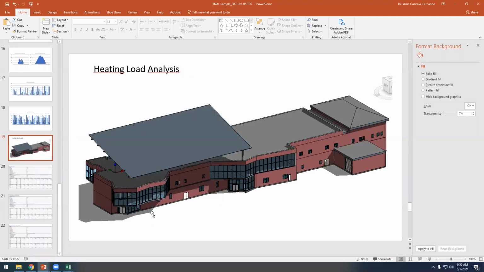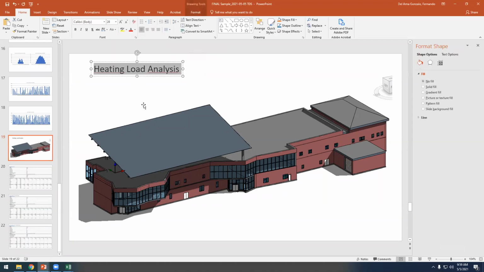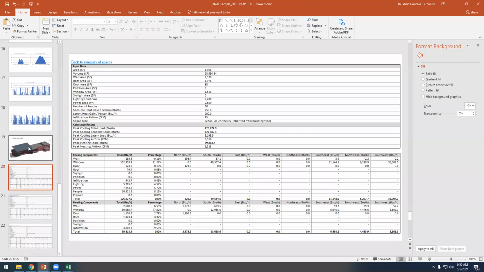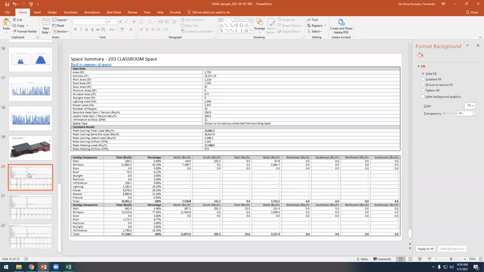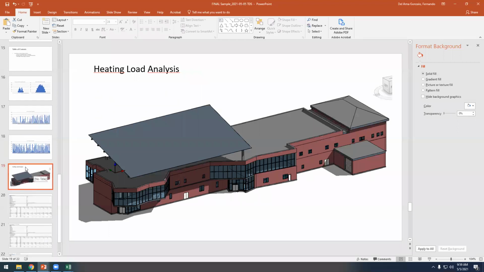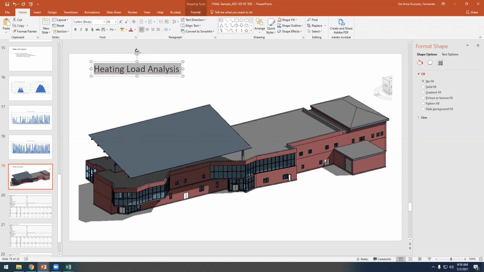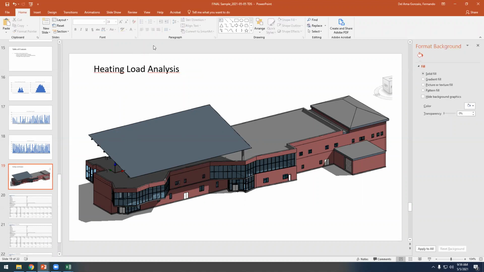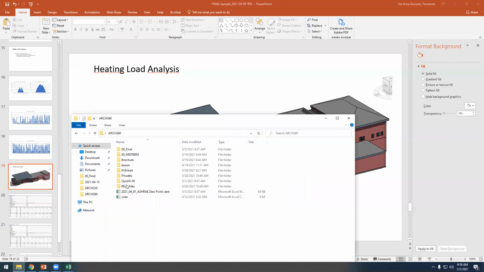And finally, this is what we did on Monday. So on Monday, you have to analyze heating and cooling loads. And then you have to do this with Revit, and then you have to analyze the three spaces here. So next week, we will talk about the heating and cooling loads analysis, because in Revit, we have these two options. I have found out that we can use Insight in Revit. So let me open